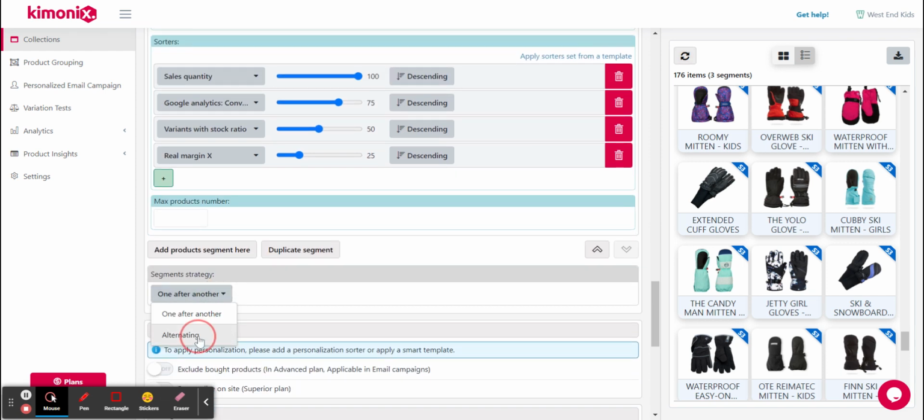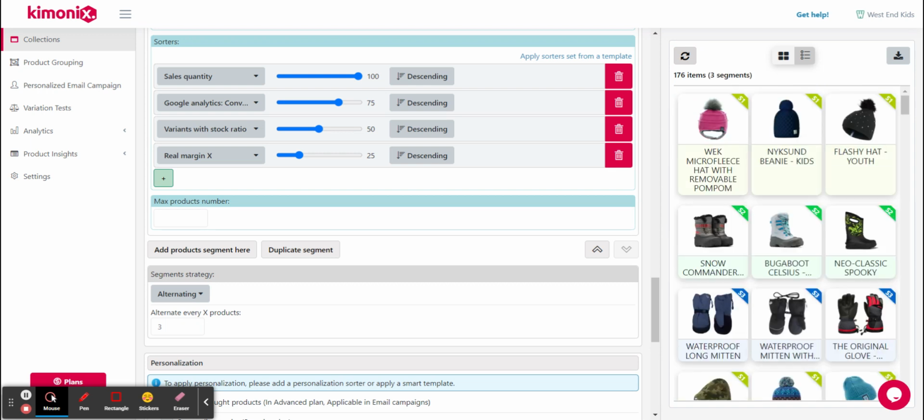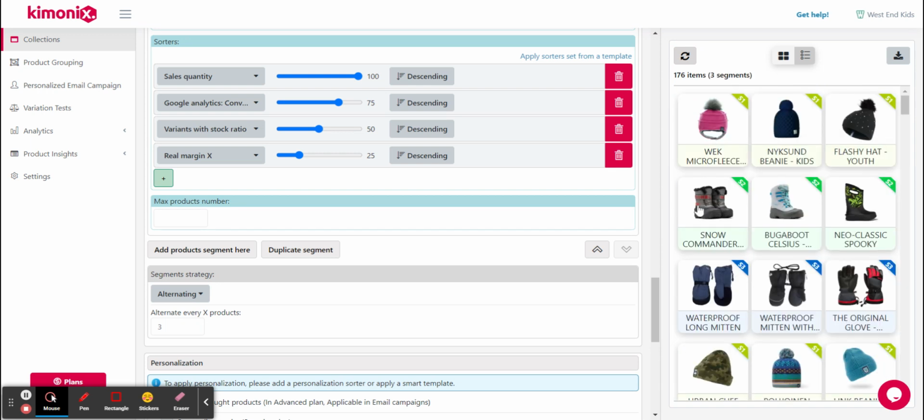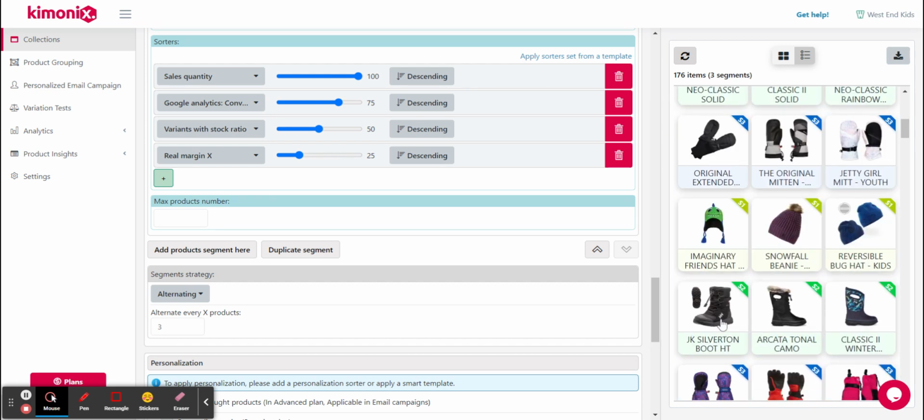Another option that you have, you can choose an alternating strategy. And then let's say, for example, I want every three products to change the segment. You can change it to whatever number that you want. In this case, let's use three. When I refresh it now, what we will see is that I get three products from segment one, then three products from segment two, then three products from segment three. So you got three hats, three boots, three gloves, and then it repeats itself: three hats, three boots, three gloves, and goes on and on. So you can really control the setup of the collection,